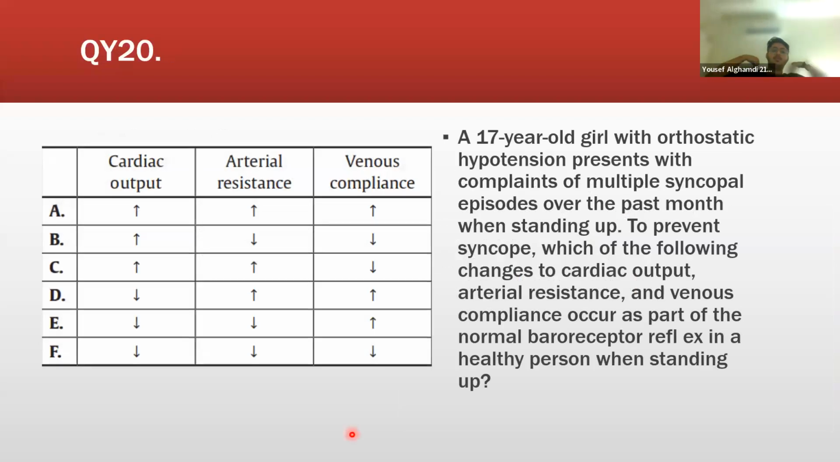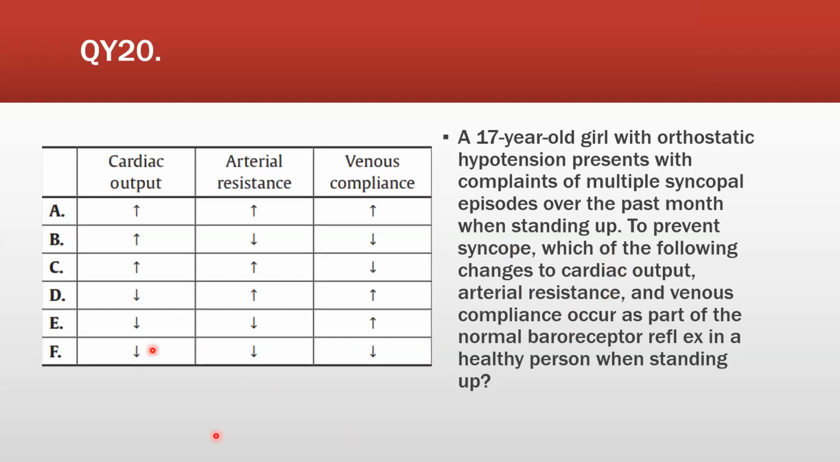Okay, Bismillah. A 17-year-old girl with orthostatic hypotension presents with complaints of multiple syncopal episodes over the past month when standing up. Syncope means fainting, in case you guys don't know. To prevent syncope, which of the following changes to cardiac output, arterial resistance, and venous compliance occur as part of the normal baroreceptor reflex in a healthy person when standing up? So what will happen when